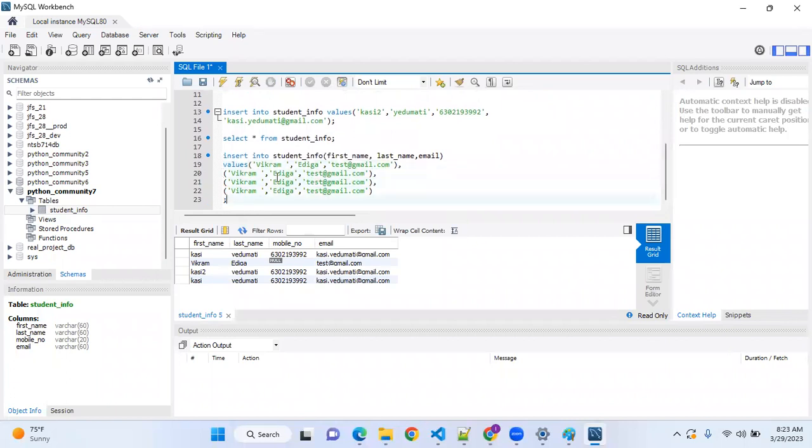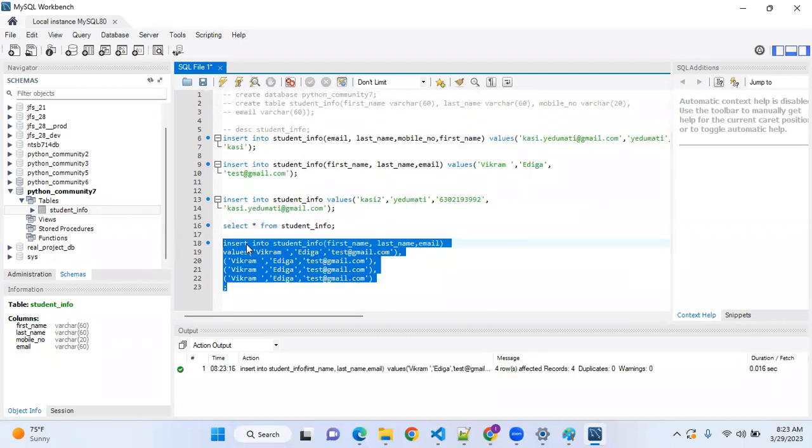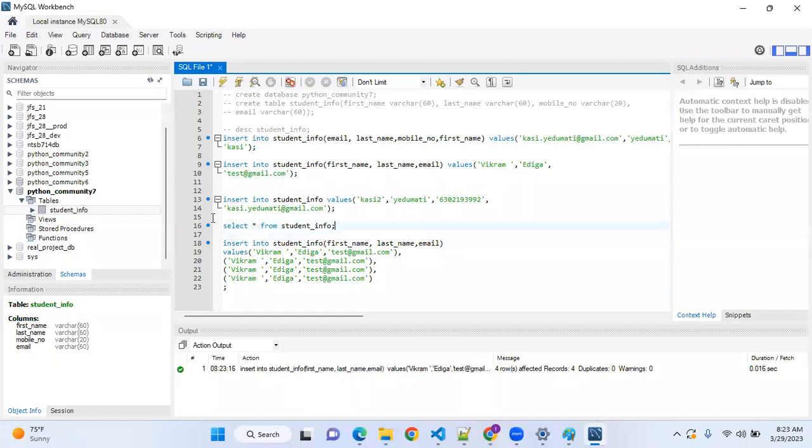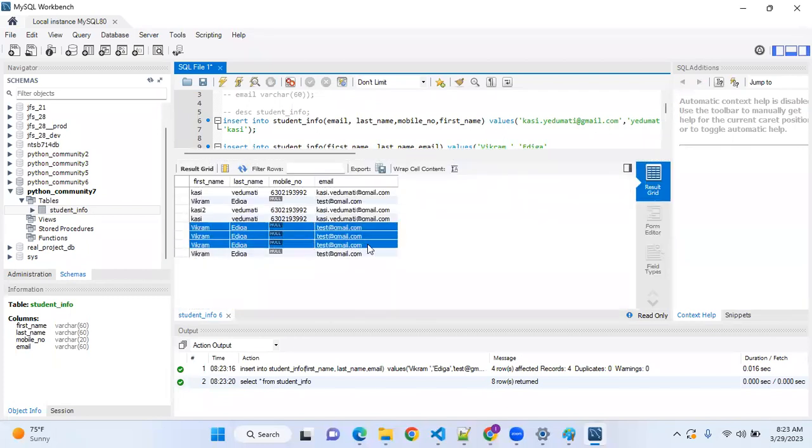I'm giving 4 records, inserting 4 records at a time. I'm not using insert into multiple times. In a single query only, I'm giving all the records. If you see here, 4 times Vikram is inserted.